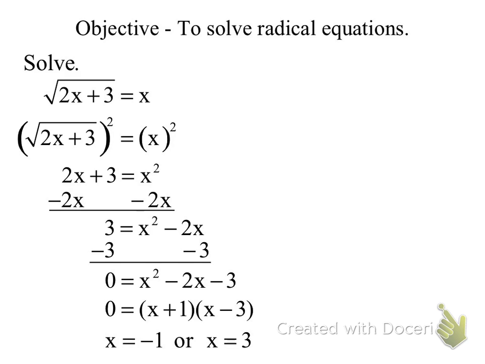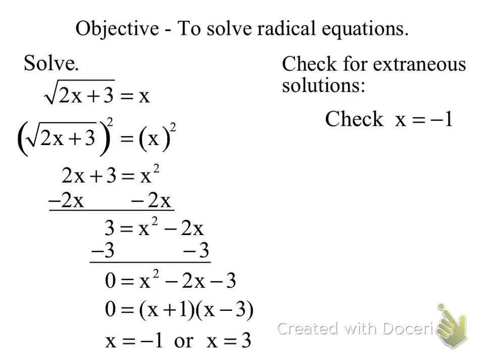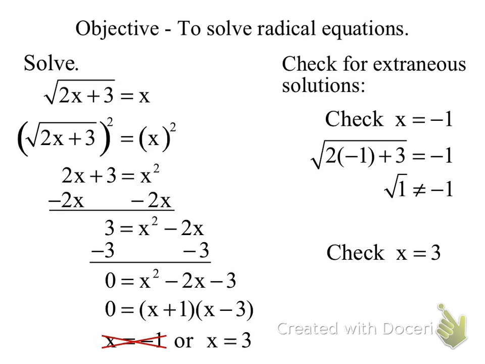The thing is here, because we have a radical, we must check our work, because many times we will have an extraneous solution. So when I substitute in negative 1, I get negative 2 plus 3 makes positive 1. The square root of positive 1 does not equal negative 1. And x, substituting in, and we get,